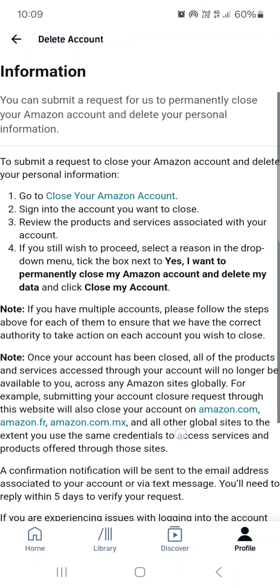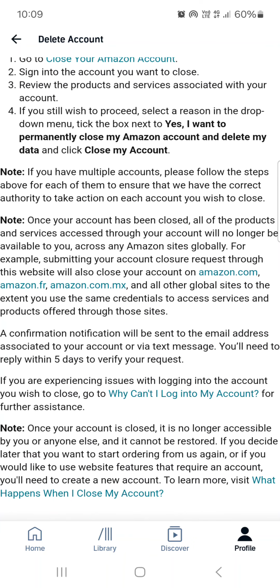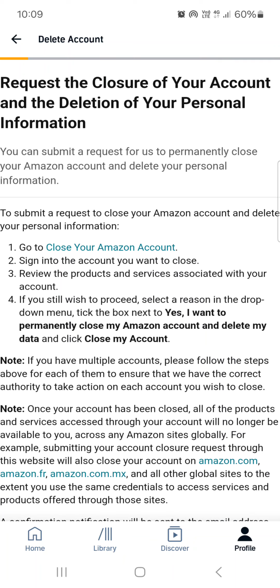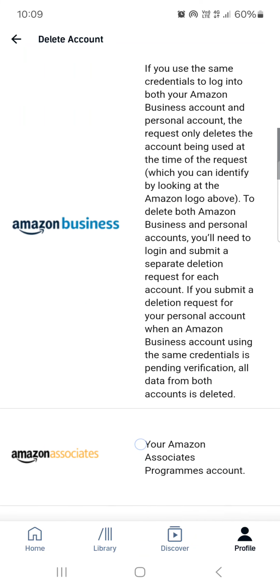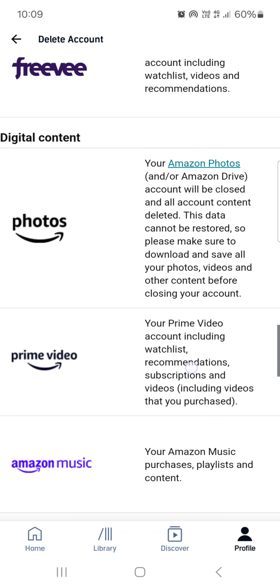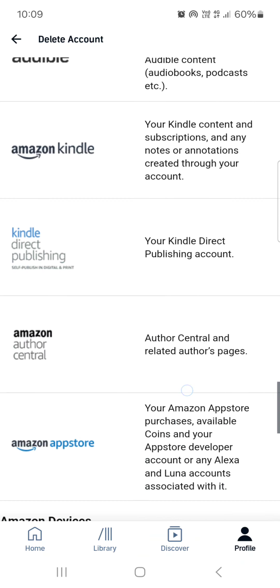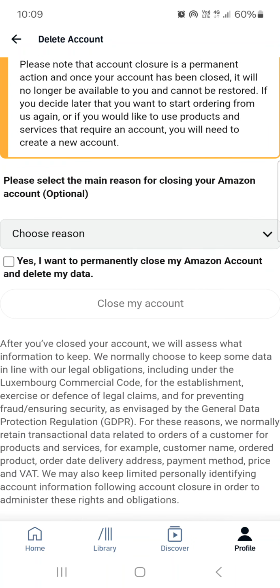Now here we have a few steps that the app describes how we can delete our account. The first one is going to close your Amazon account, and from here we just have to select the Audible profile, or just look through